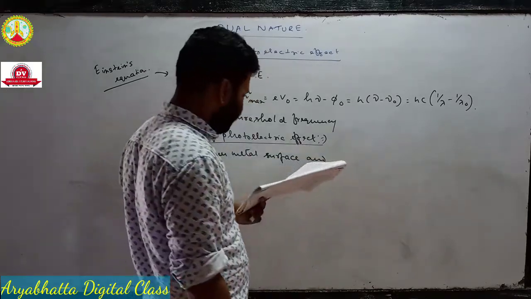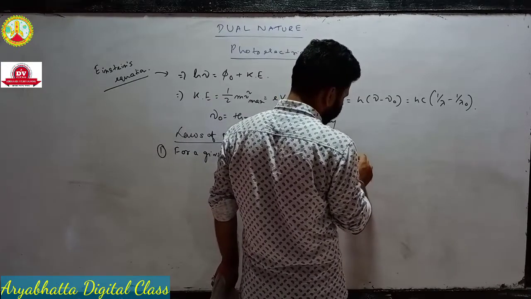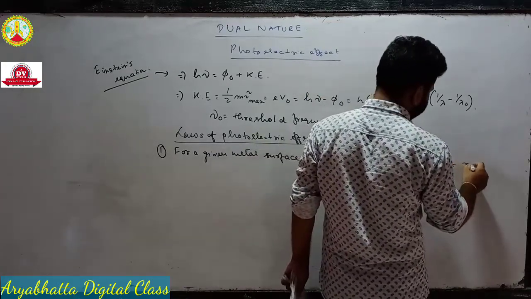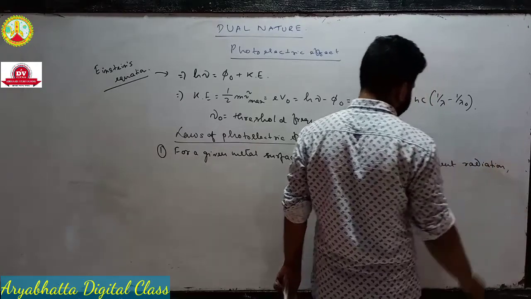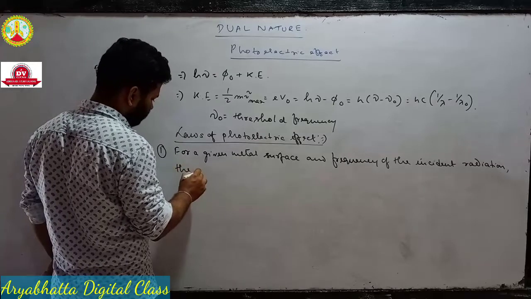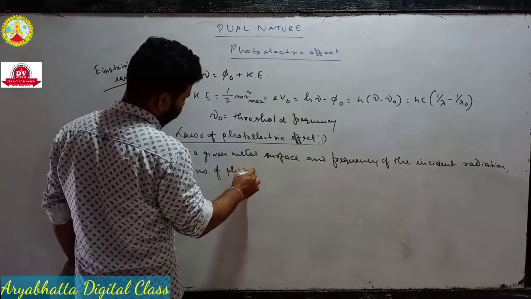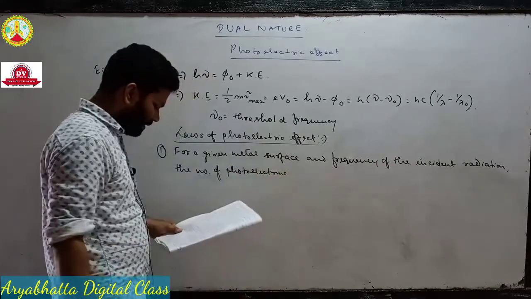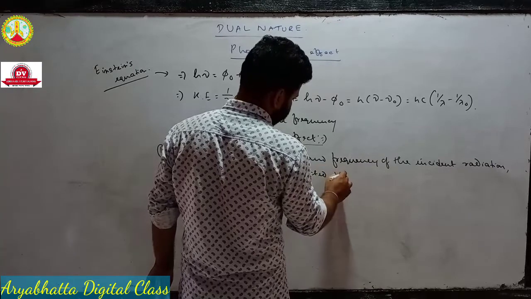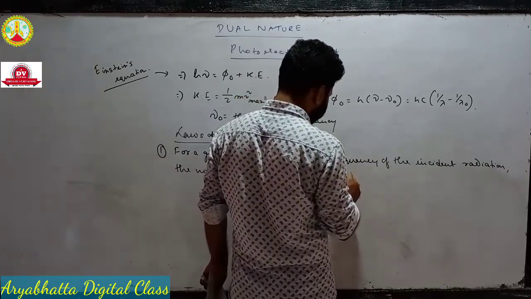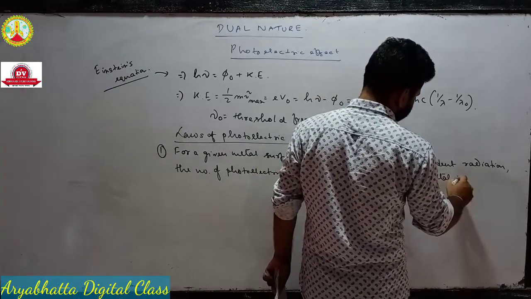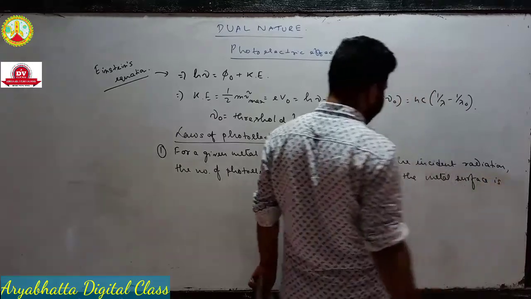So for a given metal surface and frequency of the incident radiation, the number of photoelectrons ejected per second by the metal surface is directly proportional